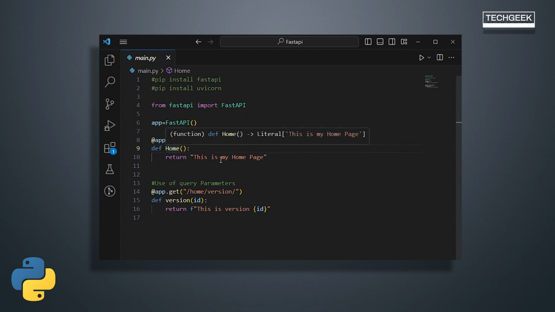And in this home function, we are just returning a plain string, that is, this is my home page, right? And after that, on the second function or second URL endpoint, we have given home/version, right? And there is a variable we have introduced, that's id, and we are returning this is version id. We are using this id parameter from the function in the return value, right? And this is called the use of query parameters in REST API. So this is our simple code,